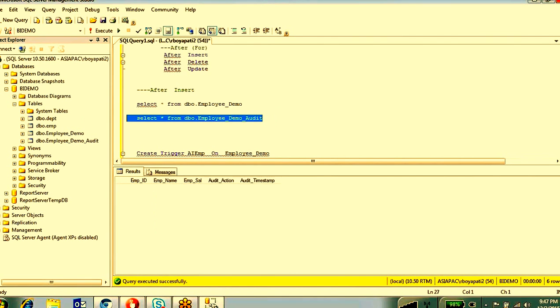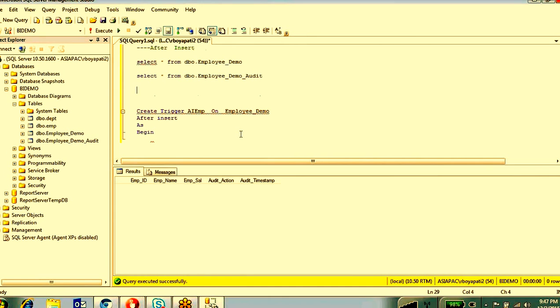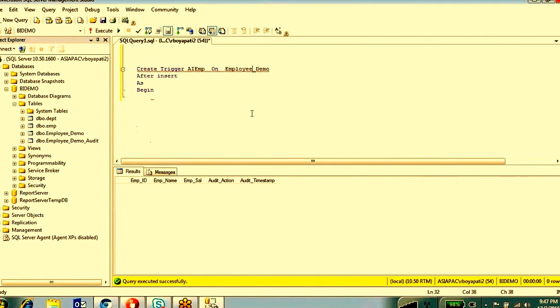Employee ID, employee name, EMP salary, and what kind of operation you have done here, whether it is inserted, deleted or updated, that kind of statement I want to insert here. And audit timestamp, which means when this operation happened, when this insertion or deleted record was done. That kind of timestamp I have to maintain here.